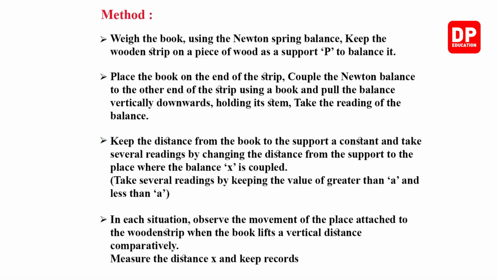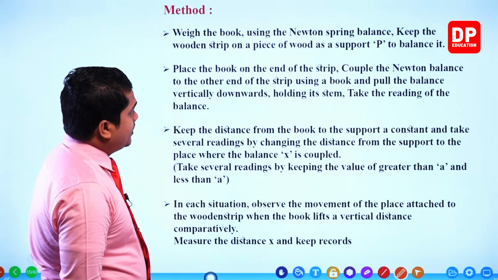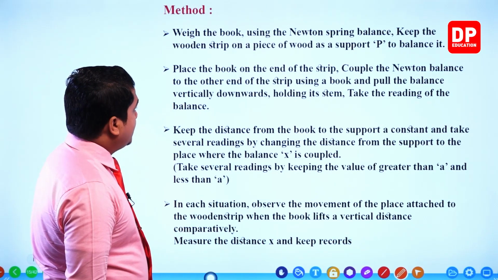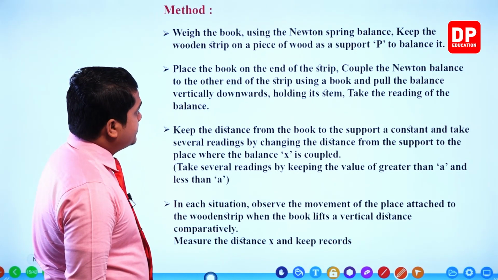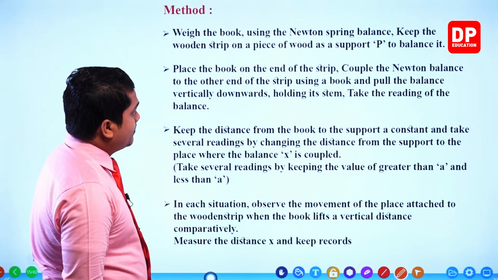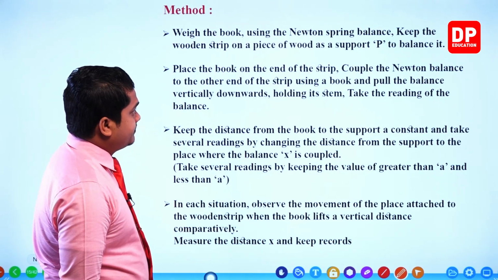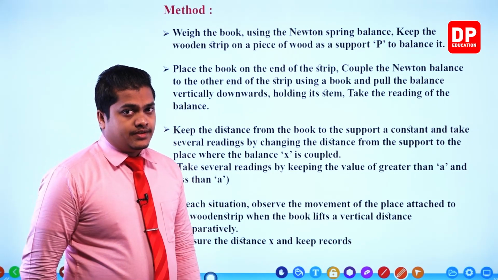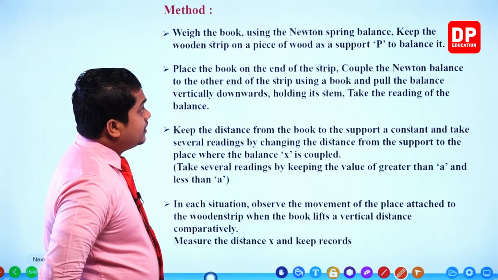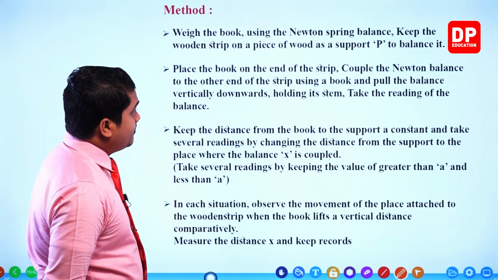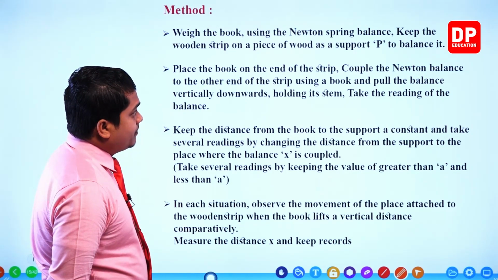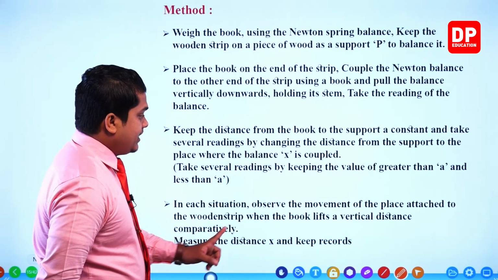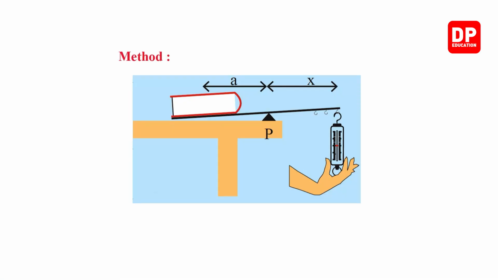Okay, then the method. Let's see how to do this. Weigh the book using the Newton spring balance. Keep the wooden strip on the piece of the wood as support P to balance it. So first of all, you have to weigh the book. Then you have to keep the wooden strip on the piece of the wood as a support P to balance it. So I'm going to take the slide to the next one in order to show that figure, my